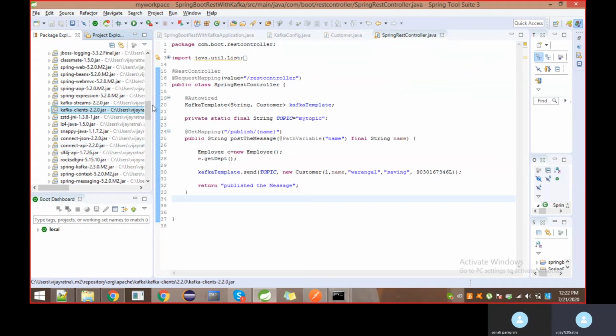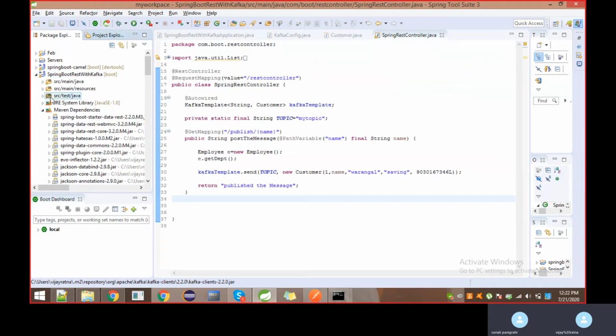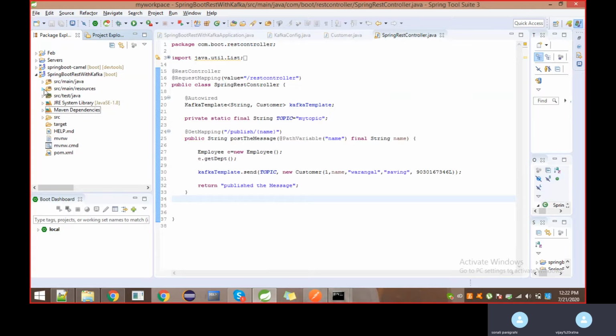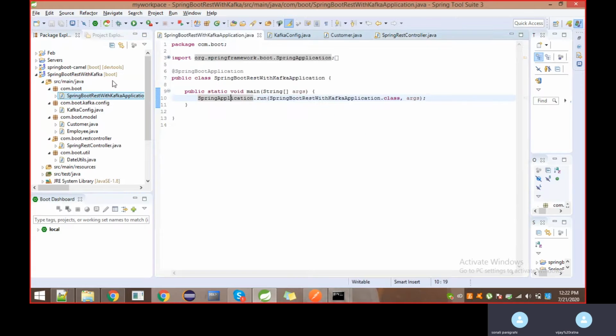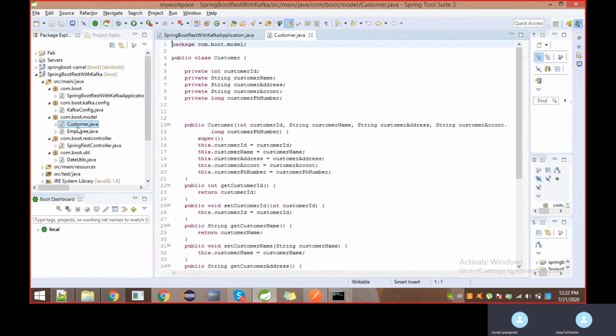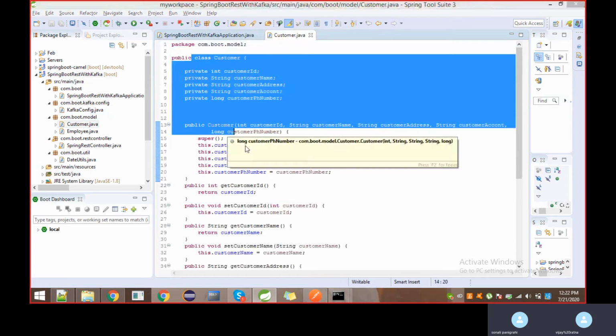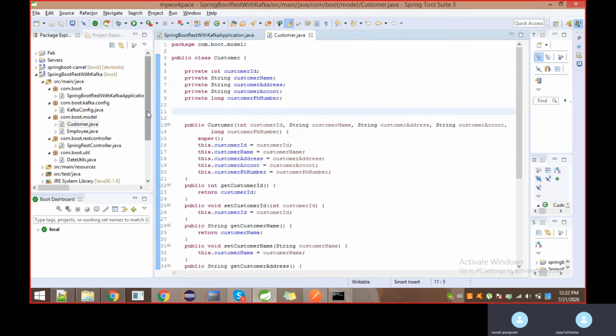Once this is done, I am going to the main class. This is my main method class, the Spring Boot application, and here is my Pojo class because I wanted to send some customer data to the topic I am going to create.